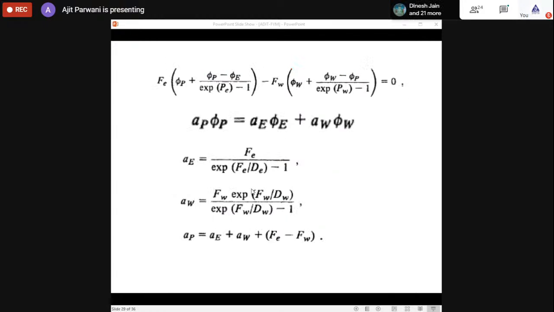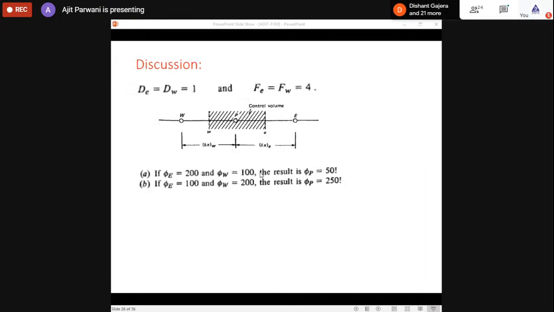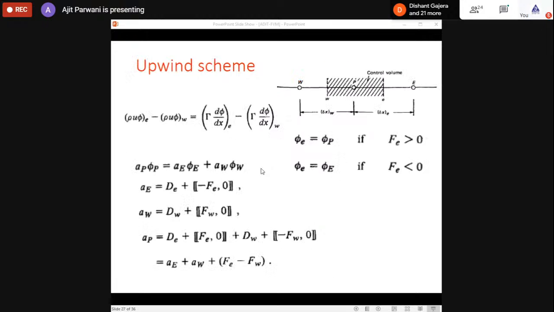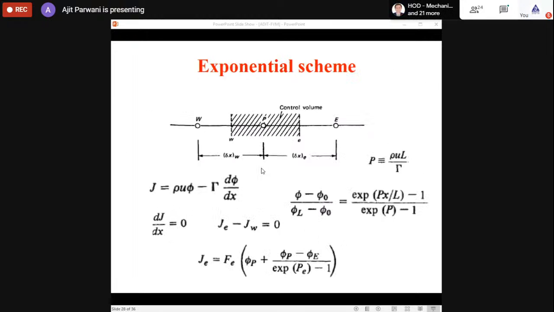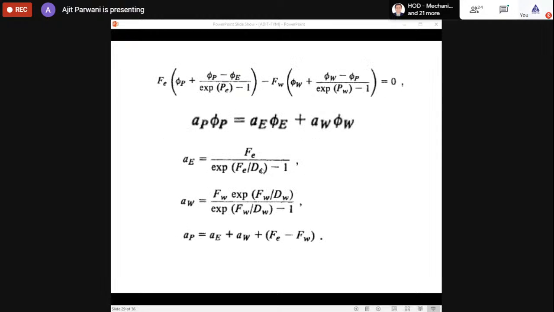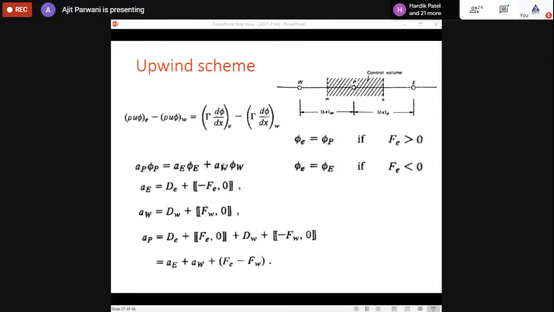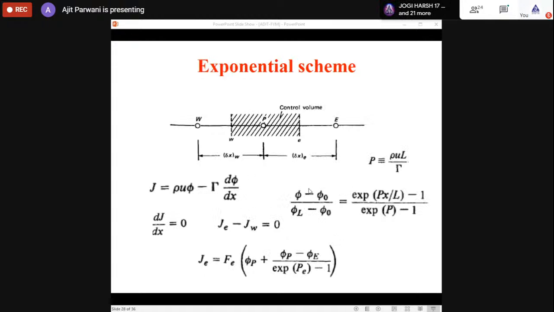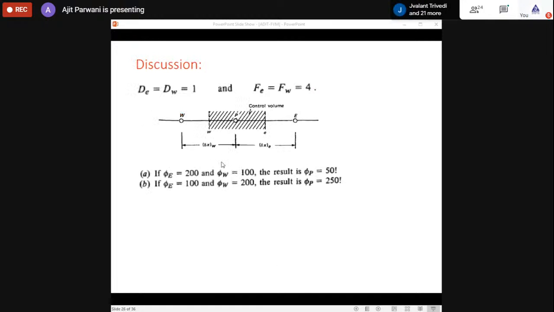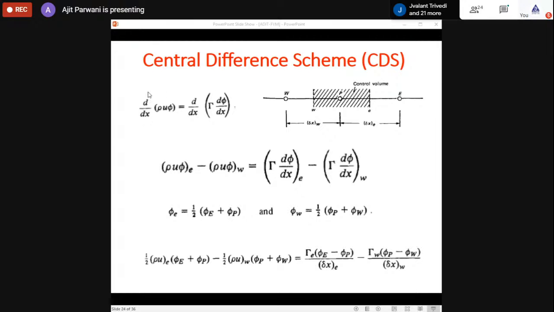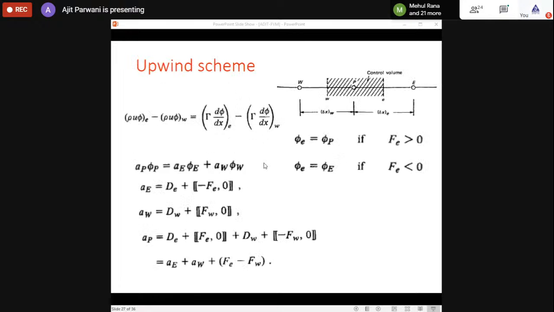Okay, just a minute. Yeah, there is an exact solution also available. I have skipped that slide. So there is one exact solution available, and the exact solution is this. Now, if the differential equation is this, you can easily find the analytical solution by doing integration. If you solve this equation mathematically, the analytical solution is in the form of exponential terms like this.